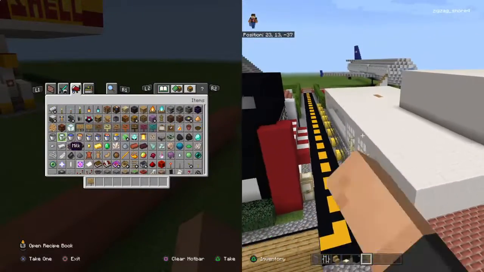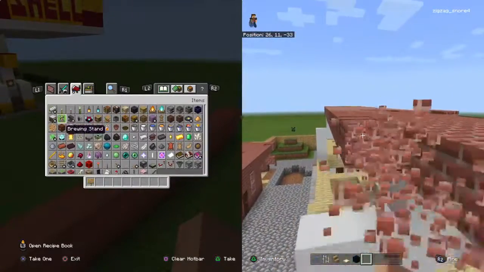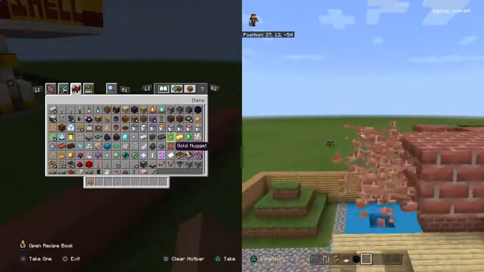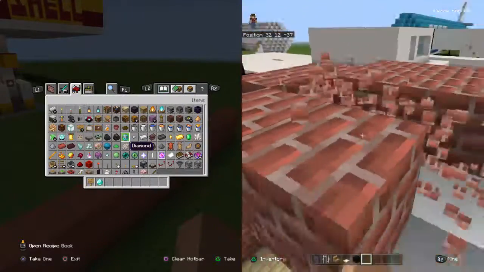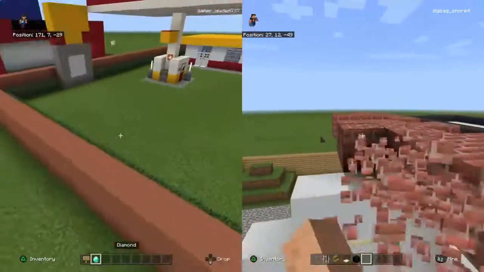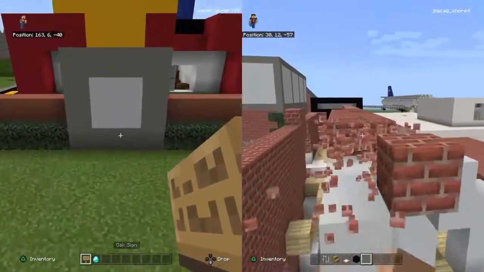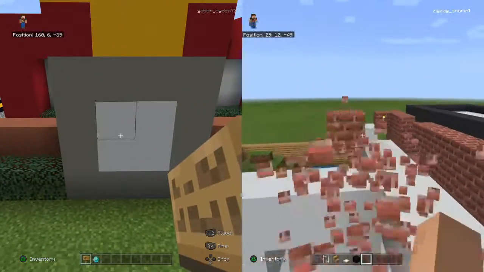That's the city build. Basically, this is just going to be a new airport for them all. Oh no, you know,